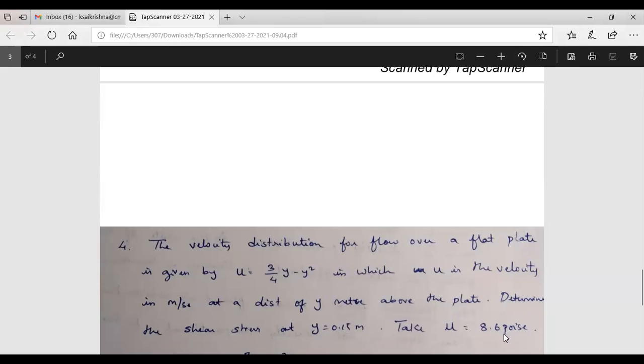See here, in the problem he gave in terms of poise. So that's why the conversion of units is very important. You have to remember 1 poise equal to how much in terms of Newton second per meter square, or you have to remember 1 Newton second per meter square equal to how much poise. It's very important. Okay, please copy the question.